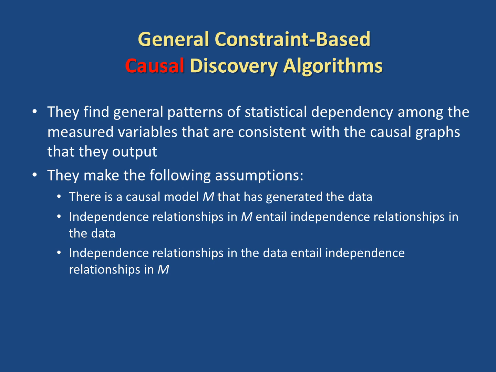But there are some general things that are going on here that I want to emphasize. One is that what they're doing is they're finding general patterns of statistical dependency among the measured variables that are consistent with the causal graphs they output, no matter how big those graphs are. And they make the following assumptions. One, that there's a causal model that's generated the data. Another is that the independence relationships in the causal model entail independence relationships in the data, and independence relationships in the data entail independence relationships in the model. And of course, these assumptions can be made a lot more precise. But at a high level, those are the main assumptions that are being made in these constraint-based algorithms for causal